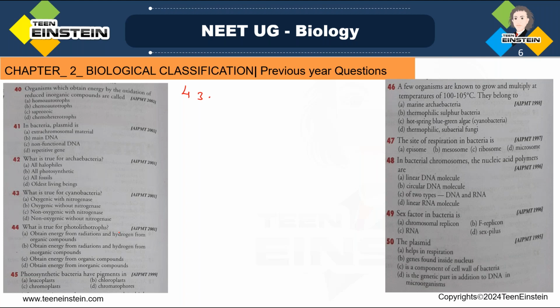So here one point we are learning: these cyanobacteria can fix atmospheric nitrogen, and how are they fixing atmospheric nitrogen? With the help of an enzyme, which is called, one enzyme is